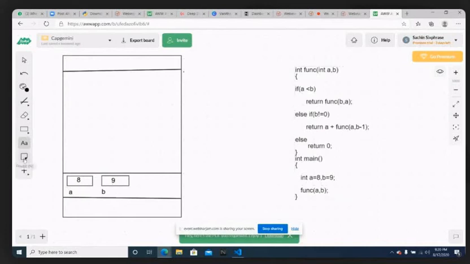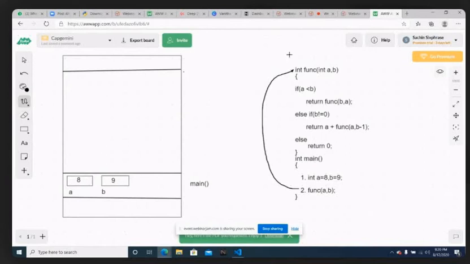That is what will happen inside the activation record of main. And what is the next line of main activation record? Second line, func is the next line. So the first line you will be executing. Second line, what you have to execute? Second line you will be calling func. So from the second line, what will happen? From the second line you will directly reach the first line of the function.